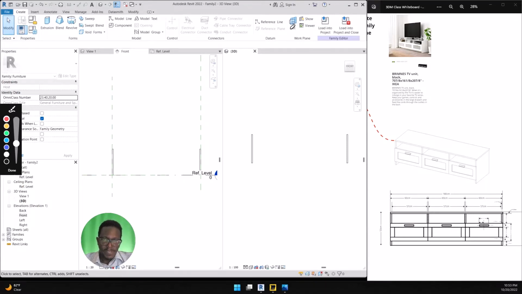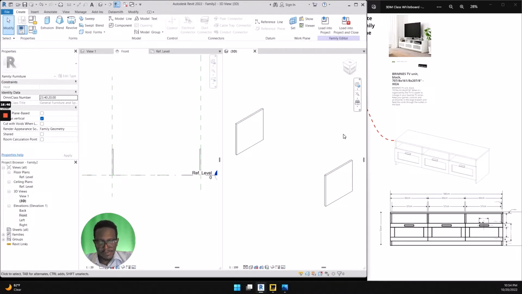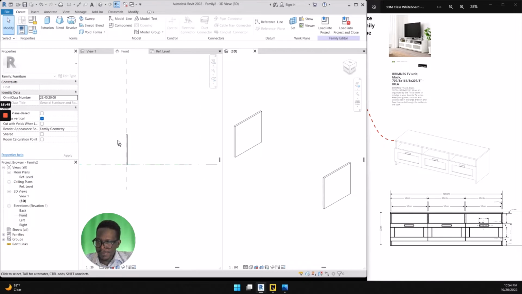any view. However, in order for us to apply some functionality to our model, to be able to change the height and the width and all that stuff, we would need to use the reference planes. So because of that, we are going to keep this in 3D view here, and we are going to be using our elevation views. Now, it's also a good idea to name your reference plane. So in this case, when I create this plane here, I'm going to say,